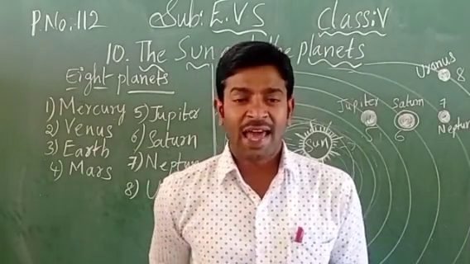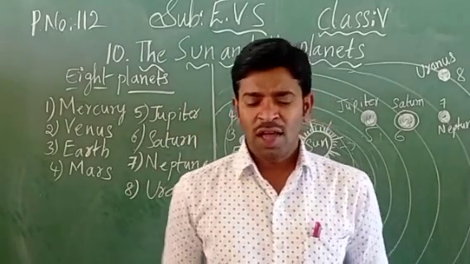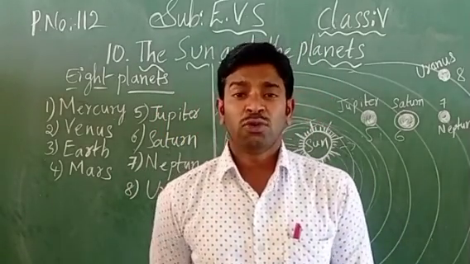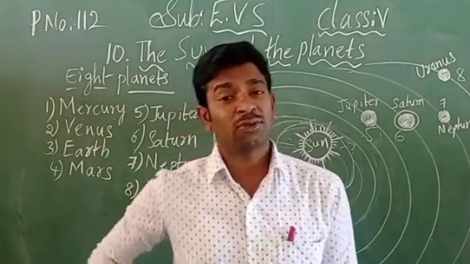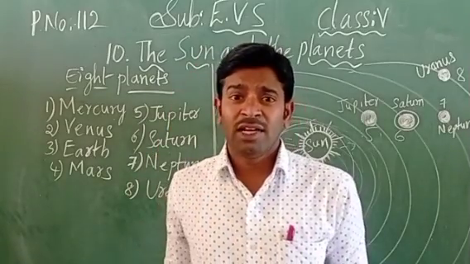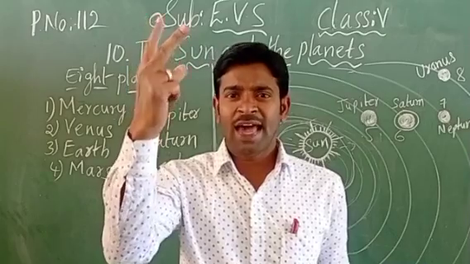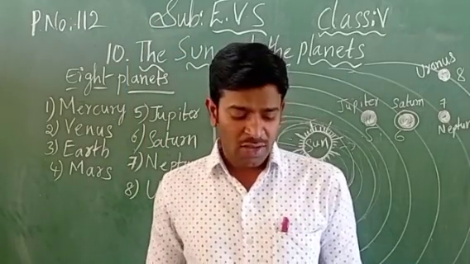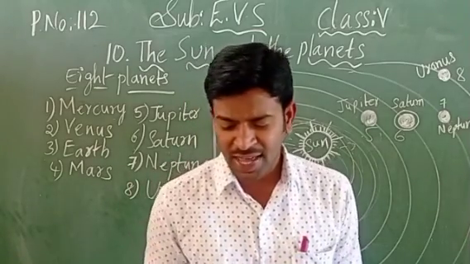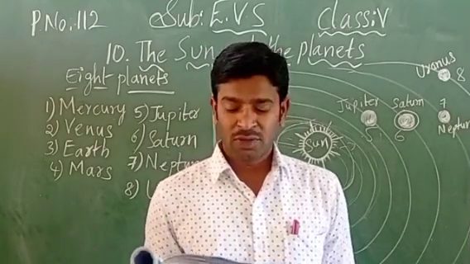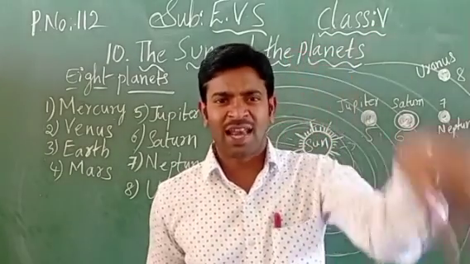Don't look at the sun directly. It harms your eyes severely if you do this. So a small advice, children: you should take precautions for your eyes. You should not look directly at the sun during the daytime. It is very bright. If you see the sun directly with your naked eye, what happens? The retina will be damaged. You may become blind also, children. So be careful. Don't try to see the sun directly.